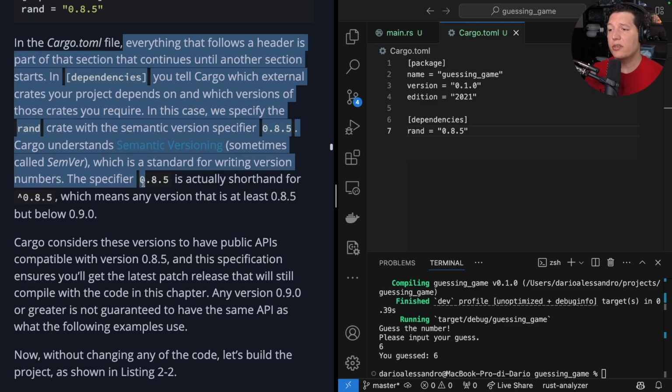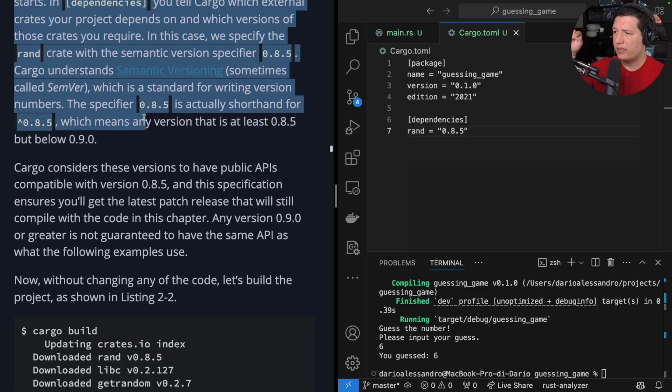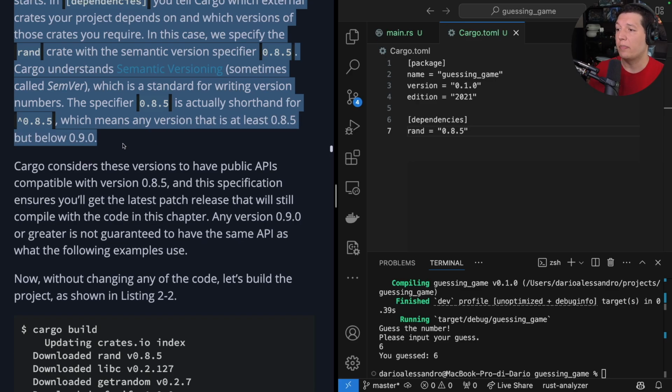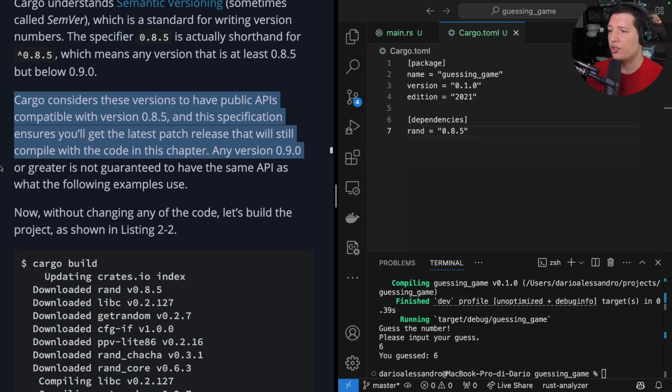The specifier 0.8.5 is actually shorthand for ^0.8.5, which means any version that is at least 0.8.5 but below 0.9.0. Cargo considers these versions to have public APIs compatible with version 0.8.5,